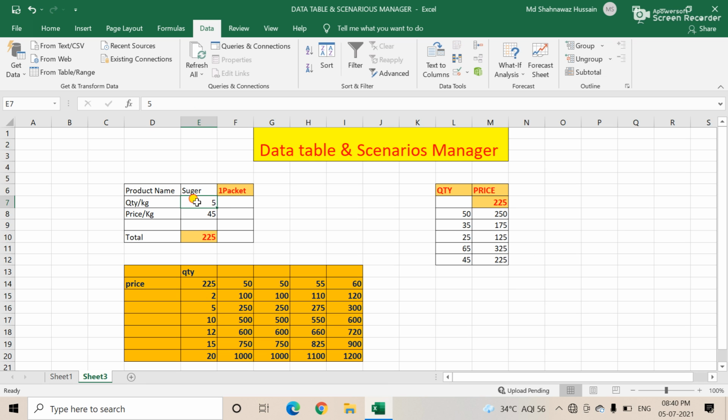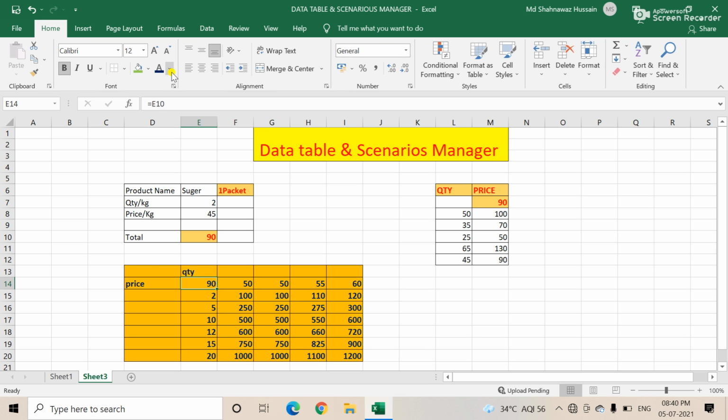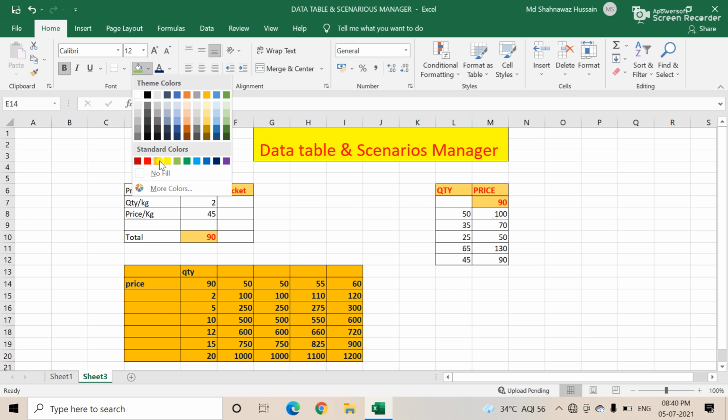And if you change here 5 kg, suppose you enter 2 kg, then it is automatically updated here, you see. So in this way you use the data table.